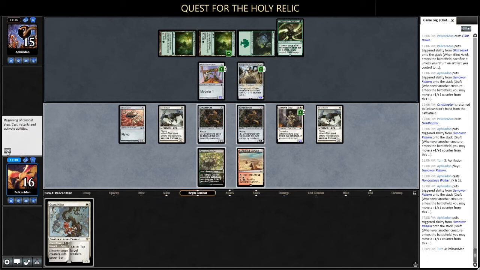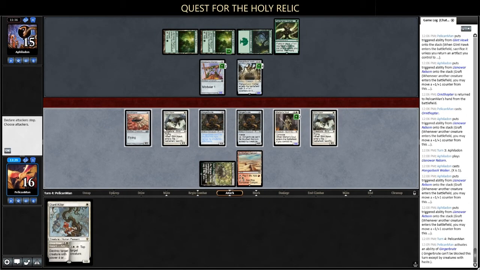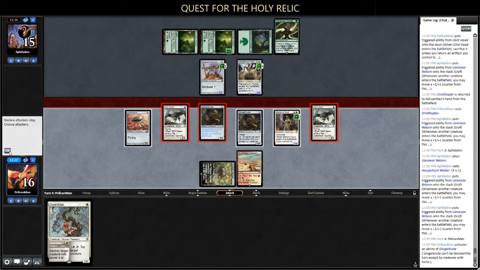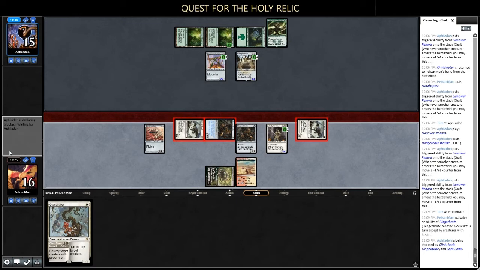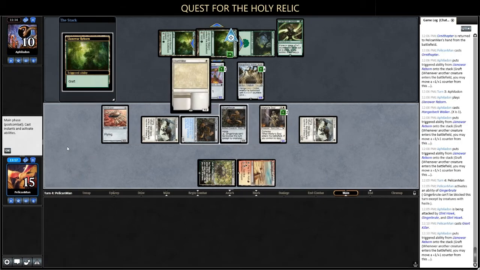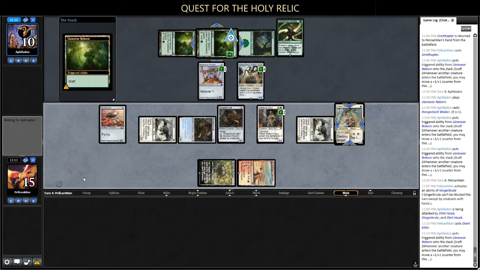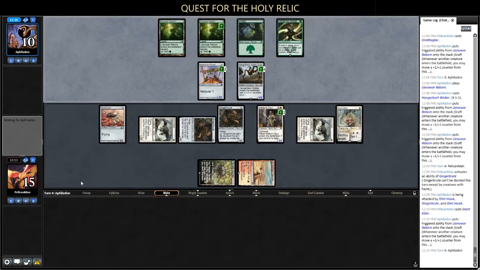Yeah. Let's make you unblockable. Attack with you, you, and you. So they need to find a way to sacrifice their Hangerback Walker, because otherwise we can just tap it down. Tap it down and then...